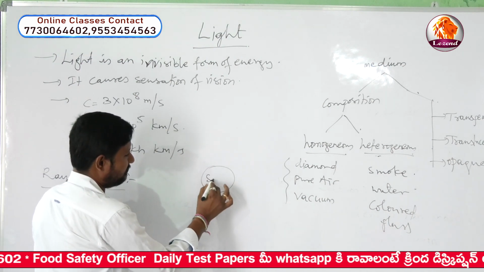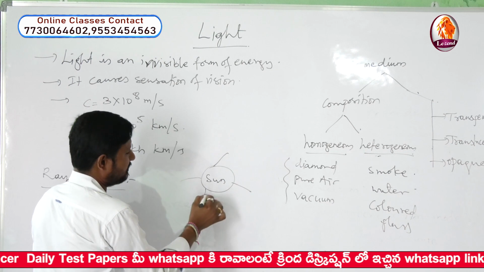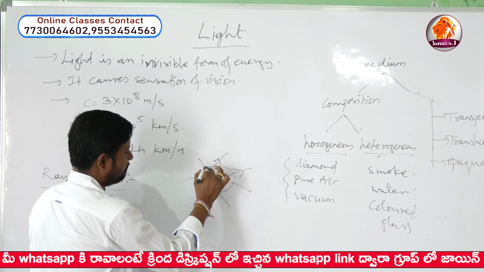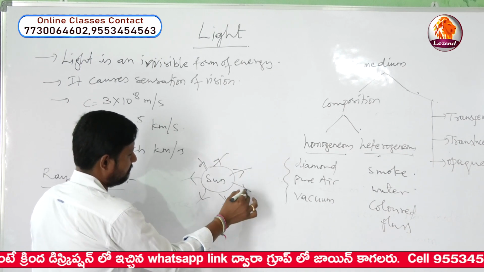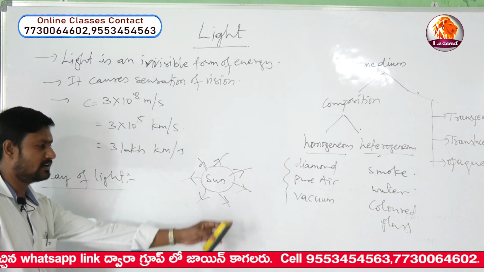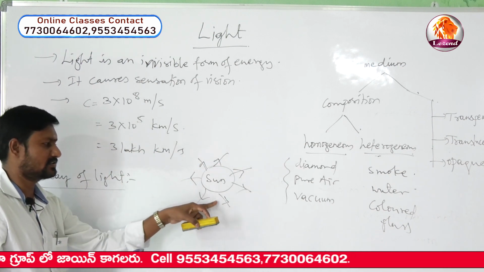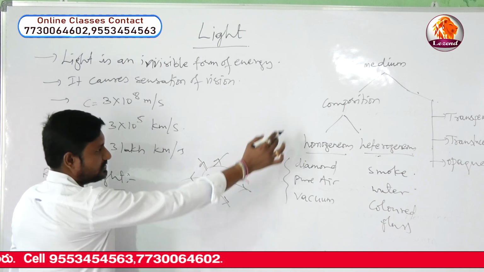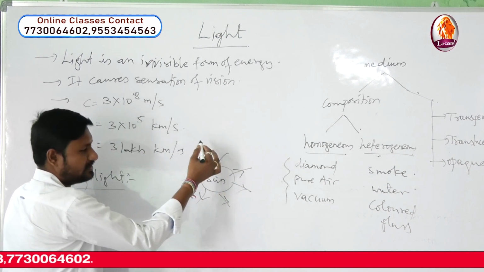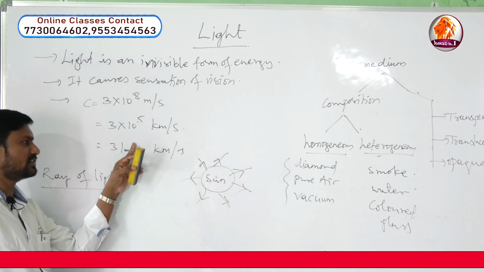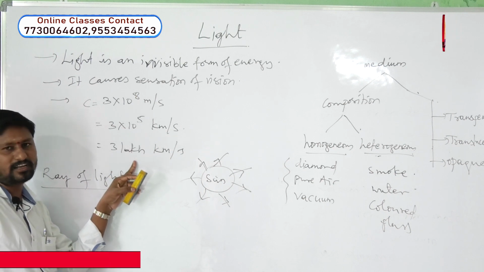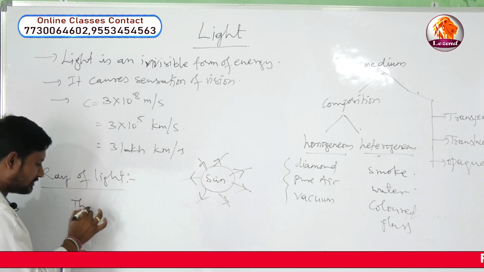For example, the sun: if you take the sun, you will get the light. We used to draw the sun whenever we are asked like this. So from this source, the sun, we get the light, which travels in all directions with a speed of 3 lakh kilometers per second, and the path